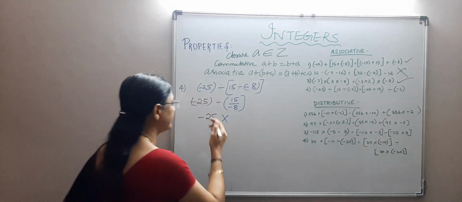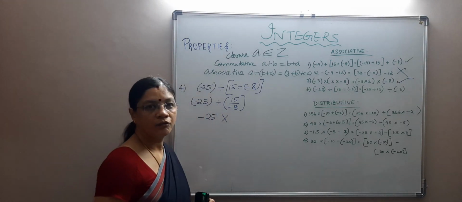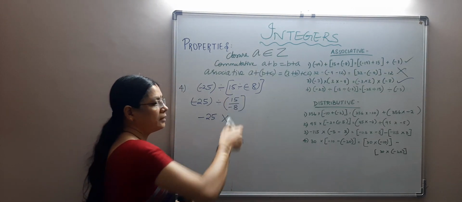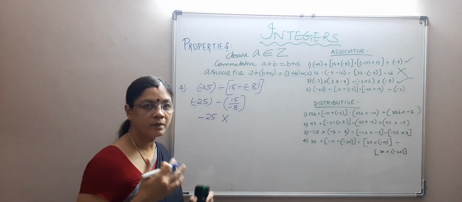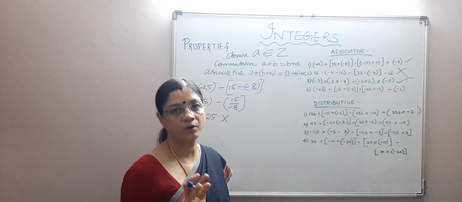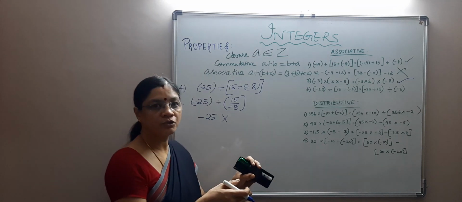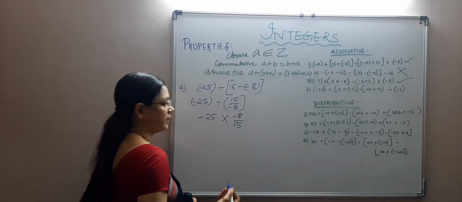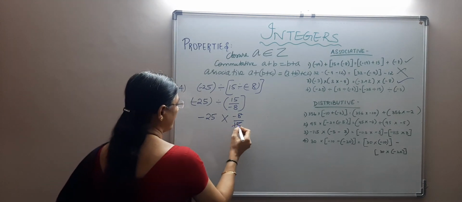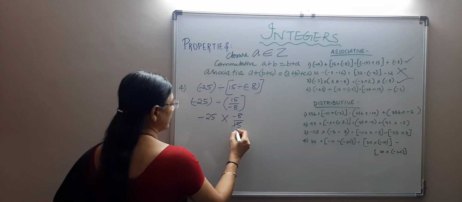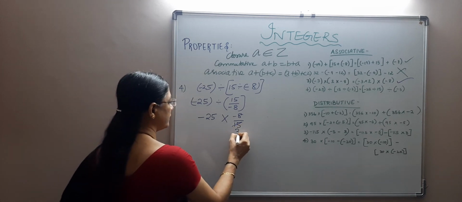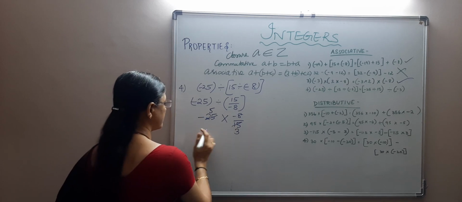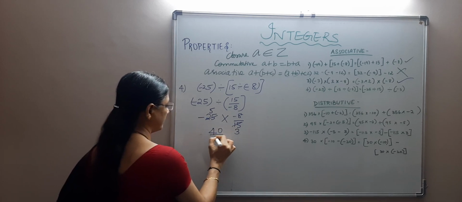That is for subtraction. For division, you just change division to multiplication and write the multiplicative inverse of the second number. What is the multiplicative inverse? It's just the reciprocal of the number. So the numerator comes to the denominator, the denominator comes to the numerator. That is minus 8 divided by 15. Okay, so if you are able to cancel with a common divisor, you can do that. So 5 3s are 15, 5 5s are 25. So I get minus into minus becomes plus. So 40 divided by 3 is the answer.